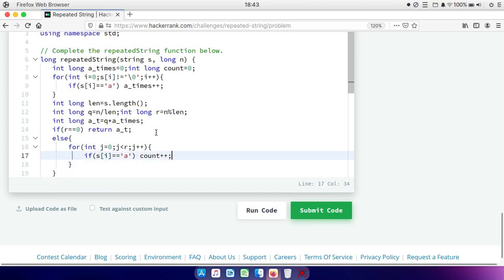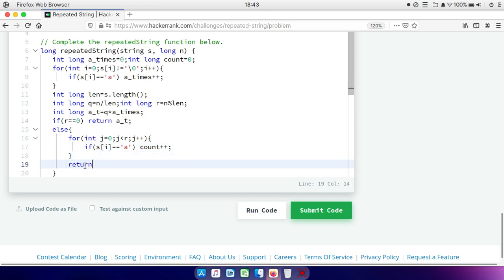So that's why I have taken a count variable, and then we return a_t plus count.